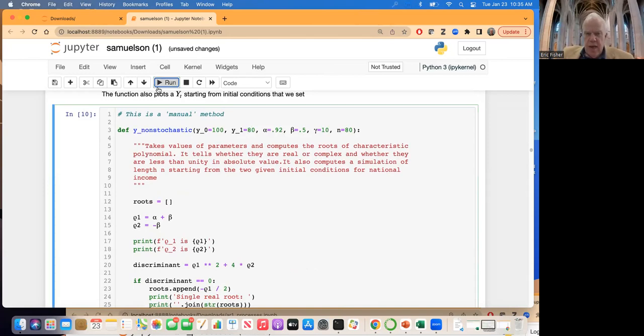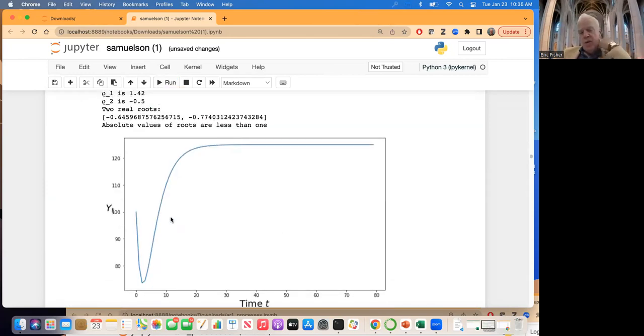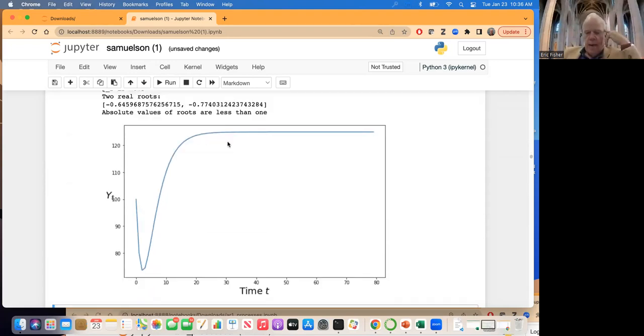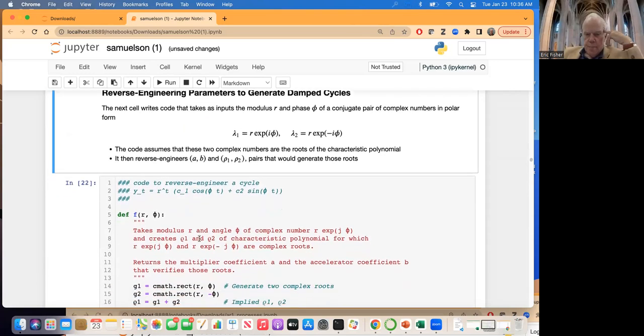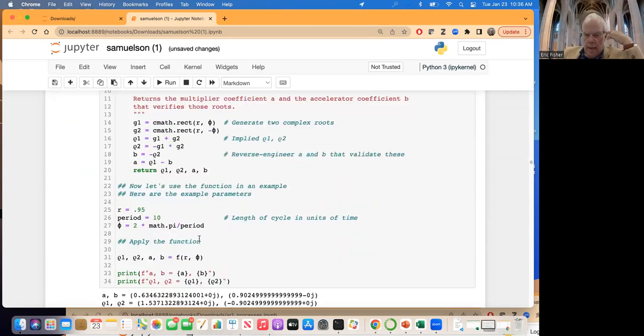And you see, the key thing with a second order difference equation is that the negative part of the economy can carry on for a few periods before things turn around, and then it comes back to long run equilibrium. By the way, what is this long run equilibrium? 125. That shows where the economy goes when everything settles down. Any questions about this? All right, now